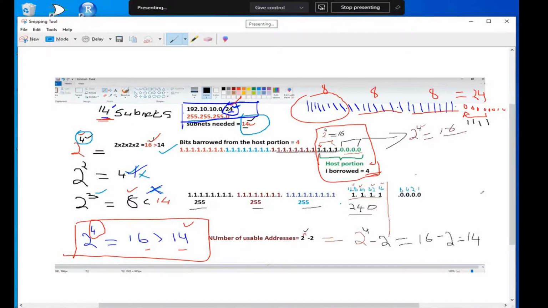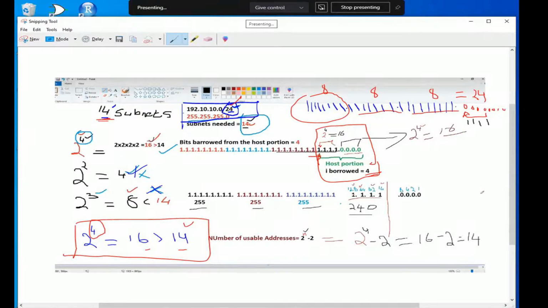If we are calculating a subnet, always borrow the bit from this position. It will start from this position. So we borrow bit 1, 2, 3, and 4. Four bits. Once we borrow these 4 bits, what is the position? What is the value? Here we have our scale: 1, 2, 4, 8, 16, 32, 64, and 128.